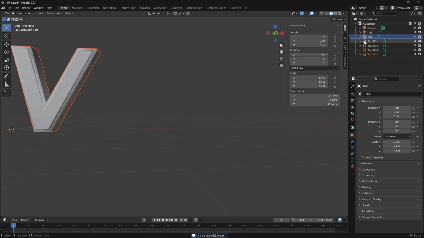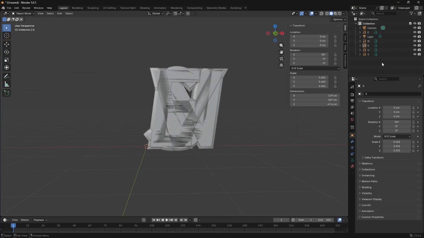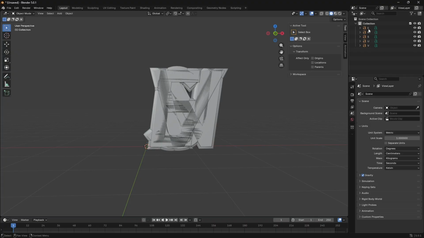And then I'm going to go through each one of these and spell out the rest of the word. I'll come back once I have that finished. I have the whole word spelled out here, all 5 letters here, and I've named them according to their letter. For this scene, I'm going to go ahead and select the light and the camera and delete those also. We're going to need to export all of this, but before we do that, one last thing is we're going to need to select all of these,